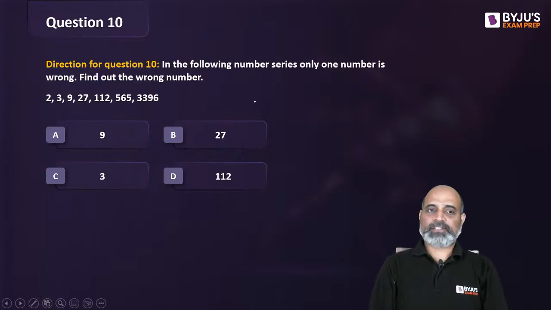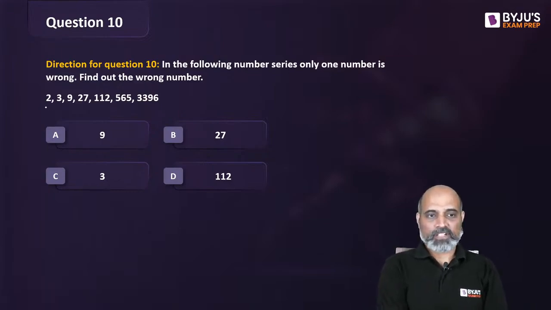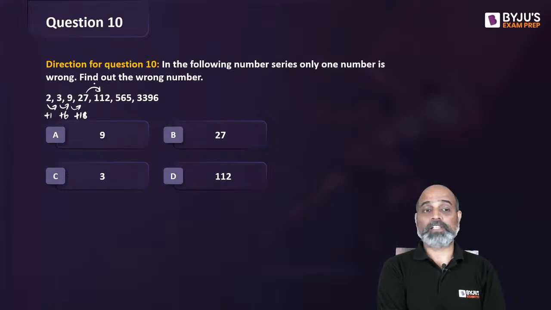We have to find this out. 2 to 3, 1; 3 to 9, 6; 9 to 27, 18; 27 to 112. This is going to be a lot. So this is going to be 85. 112 to 565 is going to be 443. And 565 to 3396, which is going to be